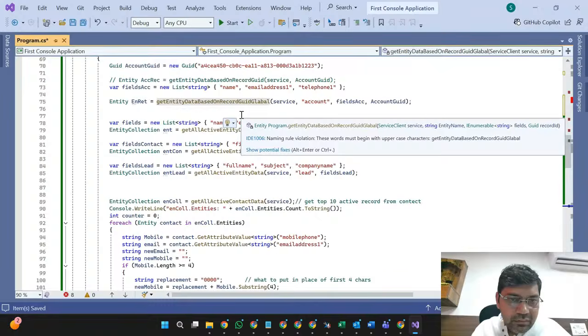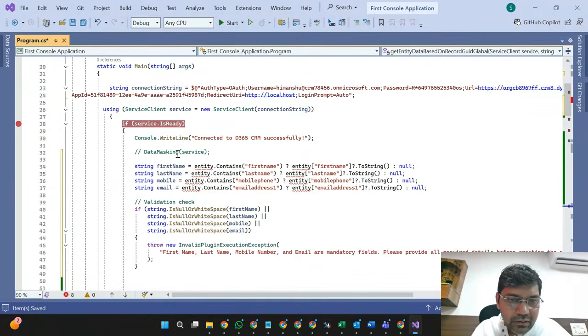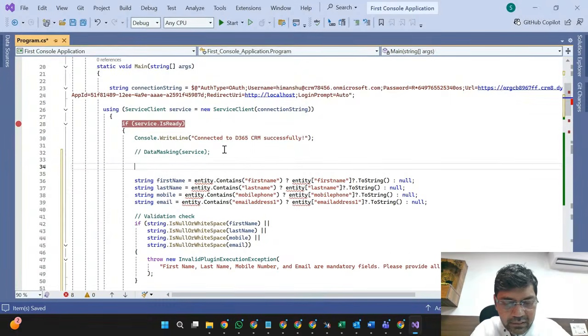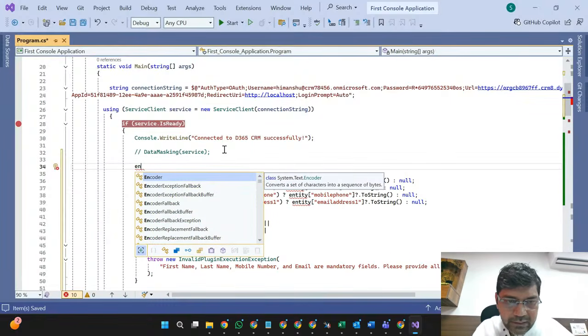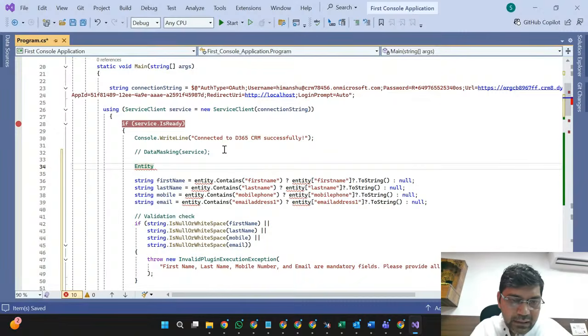So here, before this one, let's create an entity variable, entity equal to.